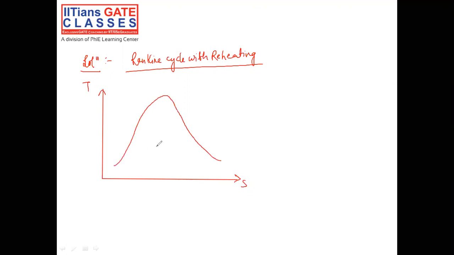The important question is whether we are getting an increase or a decrease in efficiency, or whether we cannot predict. We are going to discuss that later on. First, see the TS diagram of this particular question. See, this is point number 1.